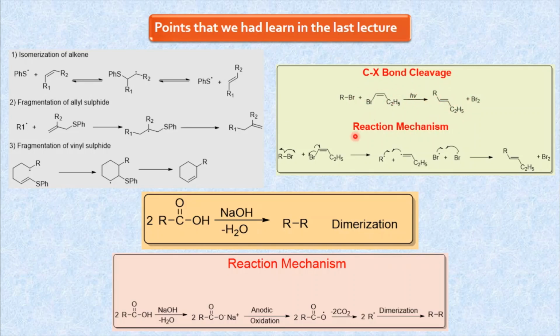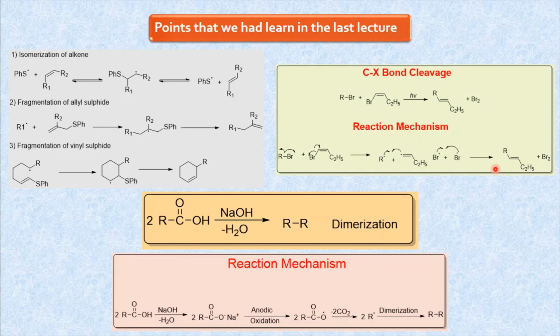And again in the last lecture we had learned the reaction mechanism of this reaction. So the breaking of this R-Br bond takes place. In the same way, the carbon-Br bond of this CH2=CHBr breaks. It generates R radical and CH2 radical, and it also generates two Br radicals. So these are the two Br radicals. If combined together, they will give this Br2. Then this R radical and CH2 radical react together. You will get this trans alkene. Trans is more stable, so you will get this trans alkene.